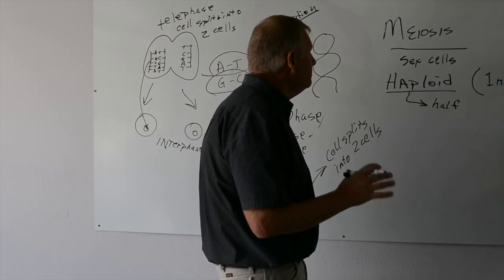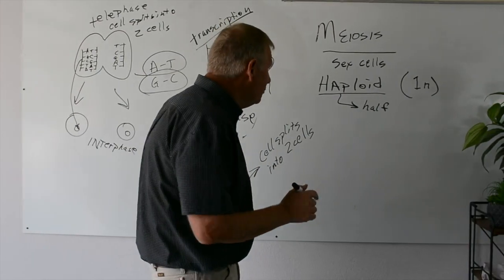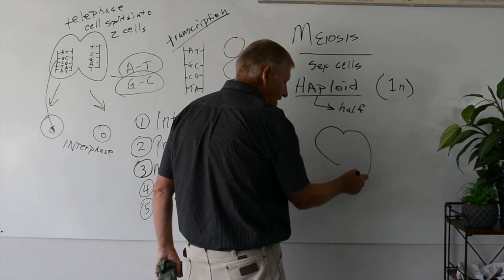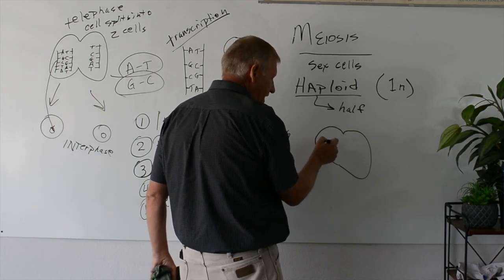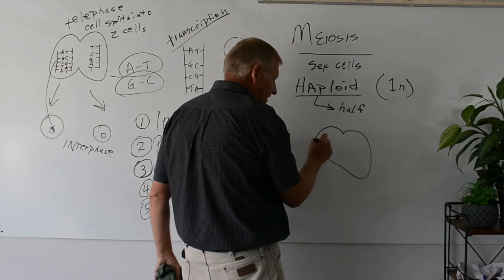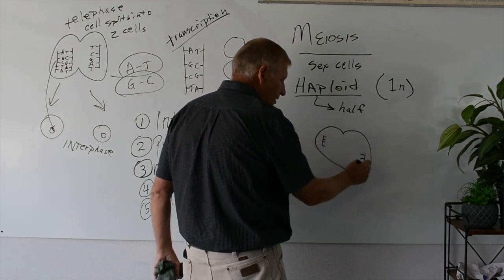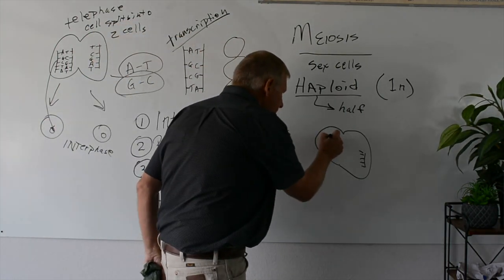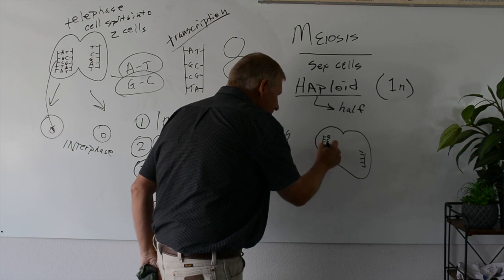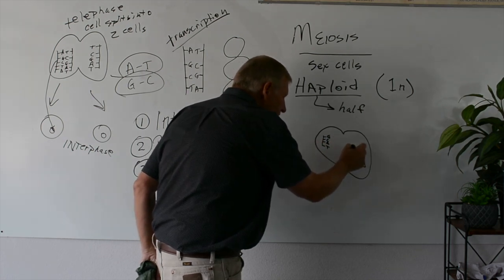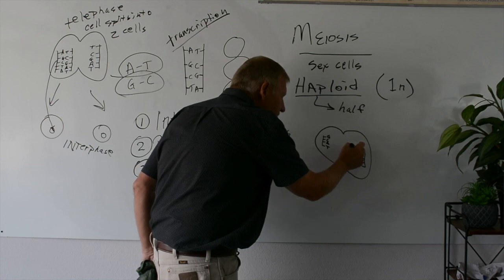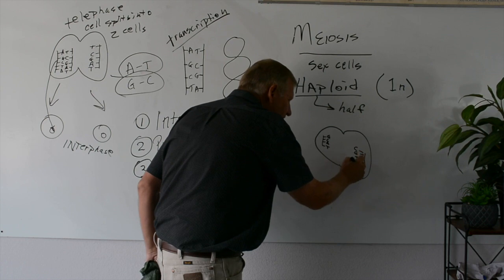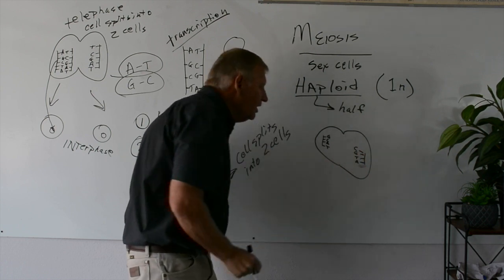But in meiosis, what happens is whenever we get to telophase, remember, the two cells are almost dividing here, and we've got half of the DNA. You remember we got the adenine, thymine, guanine. Let's just put a G and a C and an A and a T. So with G we have a C, C we have a G, A we have a T, and T we have an A. So you remember exactly.